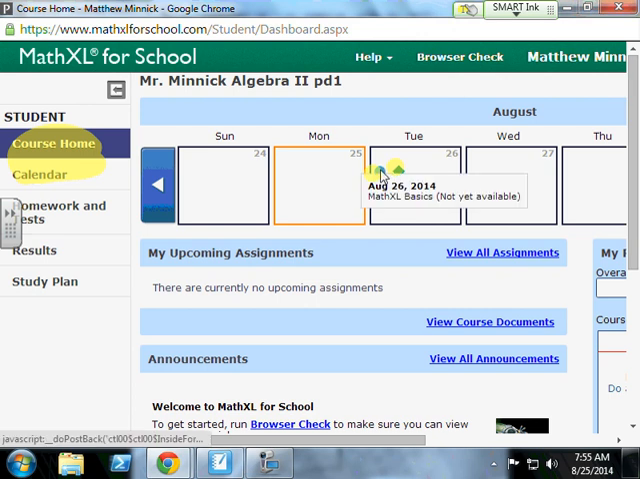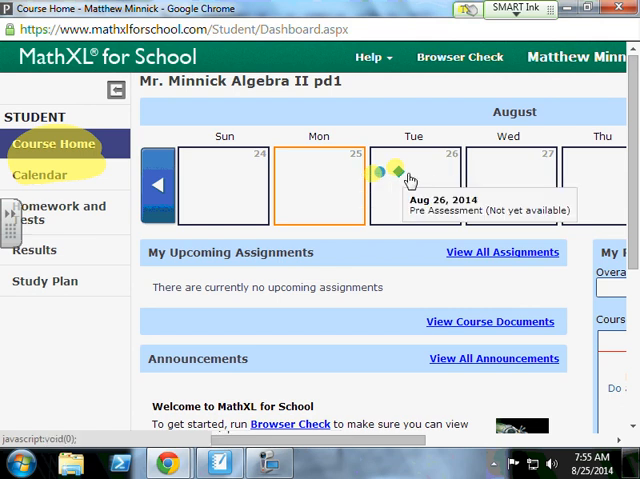Math Basics, it's not available yet, but that's going to be an upcoming assignment. And then it also says pre-assessment. It's not available yet, but that's an upcoming assignment. So maybe a little bit more helpful than that course home is going to be the calendar tab. If you go ahead and click that calendar tab,